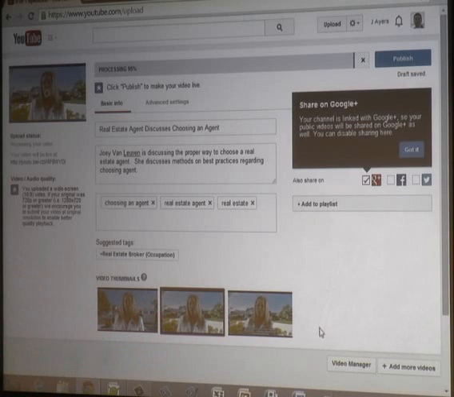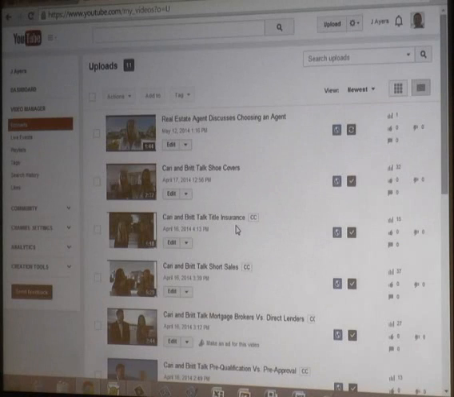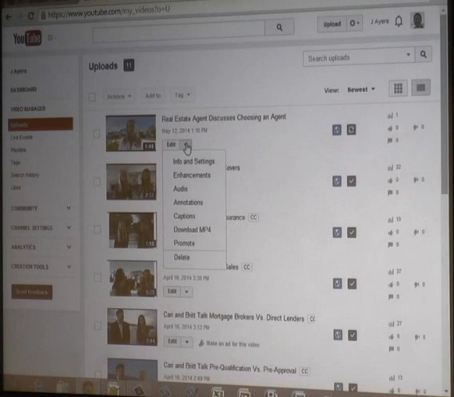Okay, now if I wanted to do more editing, right down here at the bottom, it says Video Manager. And once again, here's my edit feature. Shows the time. Now if I click down, I have a lot more information than just info and settings. I have a few more tools that I can use. And one of those tools is called Enhancements. So if I click on Enhancements,